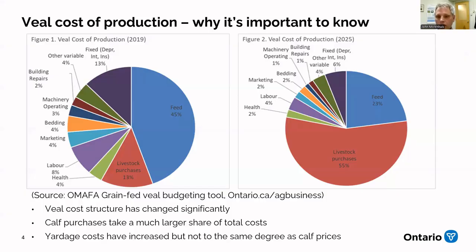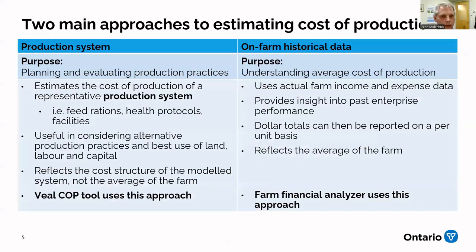So those costs have gone up, but just not to the magnitude of livestock purchases, where we see calf prices 10 times higher than they were in 2019. So that's really kind of prompted the impetus to have an update on these and have some tools available for farms to know what their cost of production is and work with it and try to manage and control those. So that was one of the main reasons why we're going through the process of the update and the session